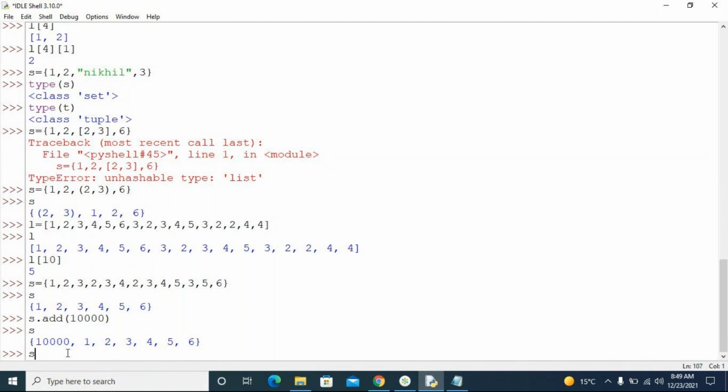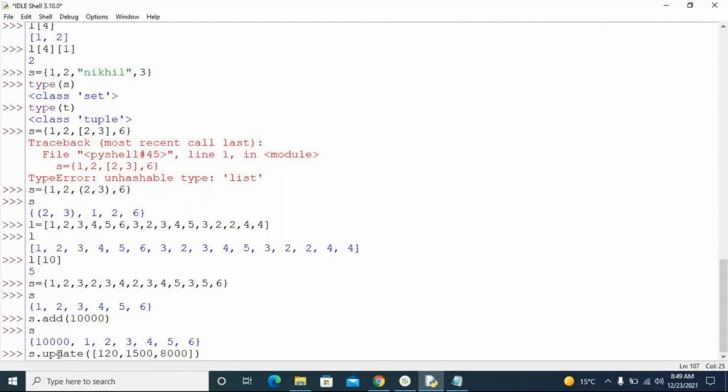The other thing is, if you want to add multiple elements to the set, you say update and you give the elements which you want to add. Suppose I want to add 1200, I want to add 1500, or I want to add 8000, whatever it is. It should be represented in list format, but it is not a list. It doesn't mean that you are going to add the list, but you are going to add multiple elements. When you are adding multiple elements, they should be enclosed in square brackets. So now 1200, 1500, 8000 are going to be added to the existing set, at any index.